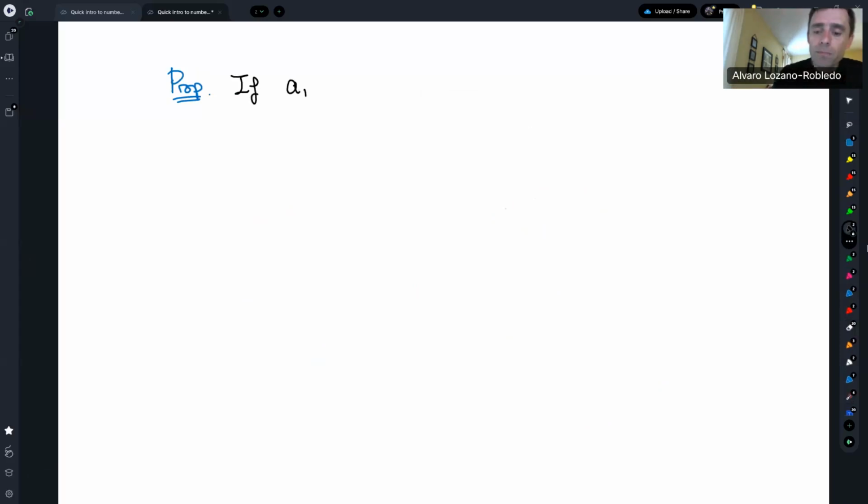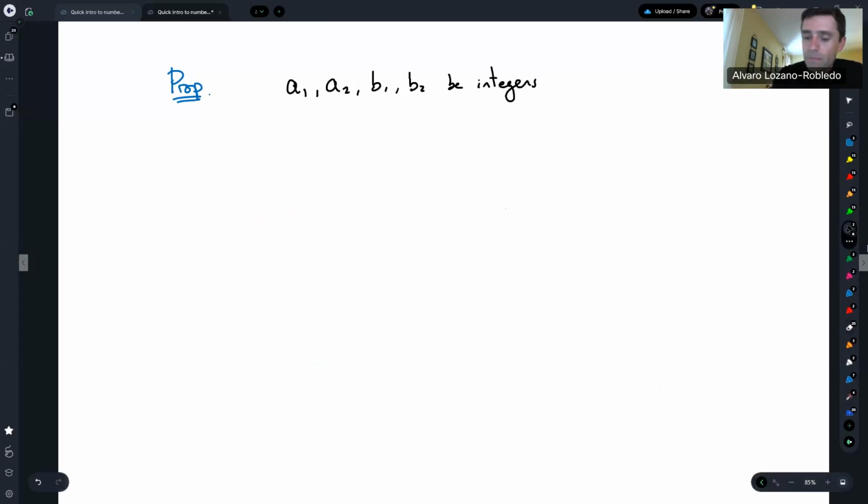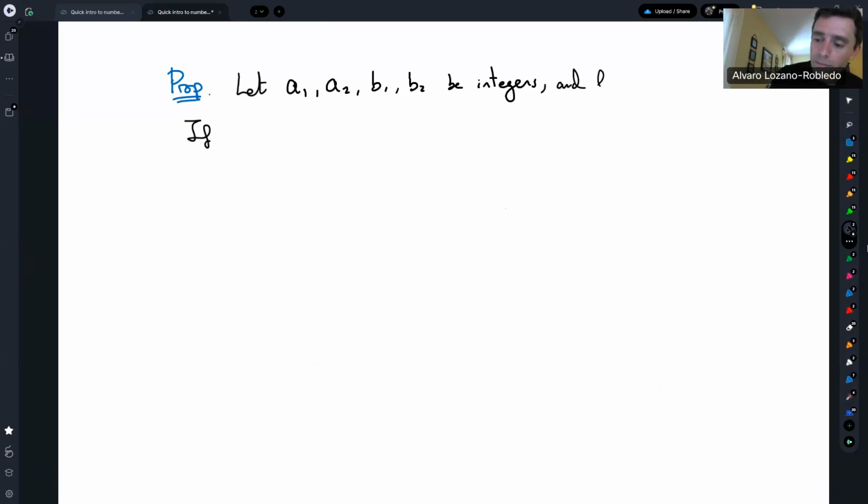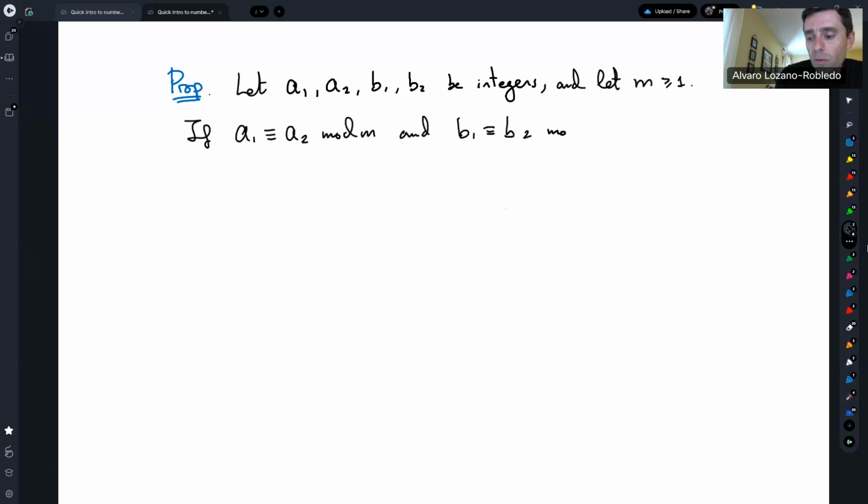Let A1, A2, B1, B2 be integers. Suppose A1 and B1 are very large numbers, and A2 and B2 are the reductions modulo M. Let M be some modulus. Then if A1 is congruent to A2 modulo M, and B1 is congruent to B2 modulo M,